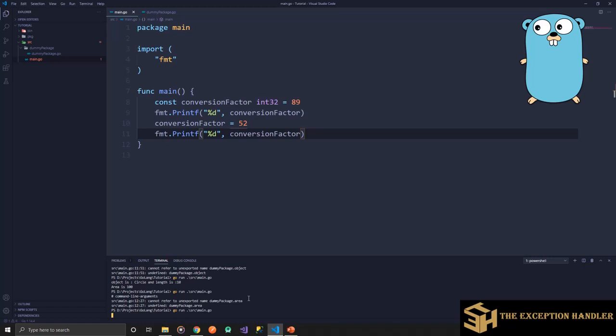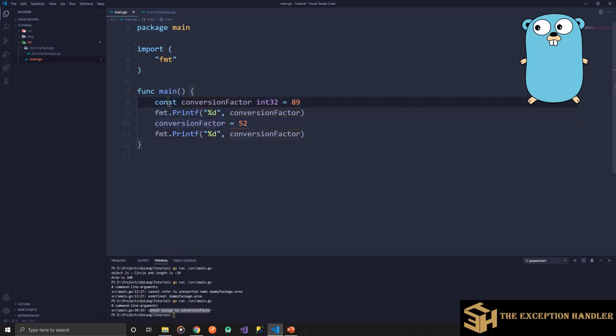Now if you see, I've got an error, cannot assign value to conversion factor, because this was declared as a constant. So you cannot change the value of a constant in your code.